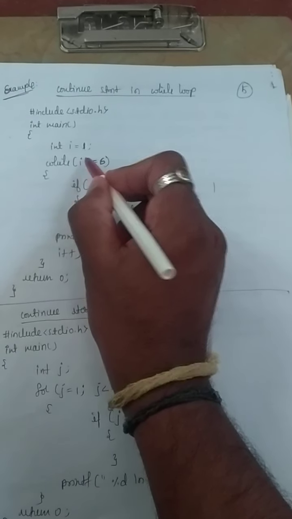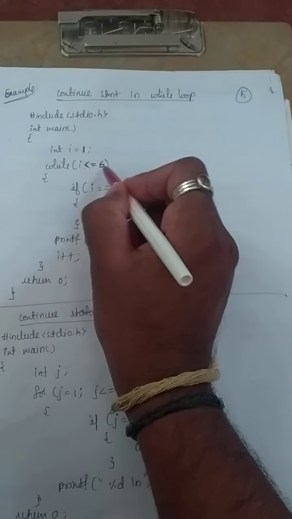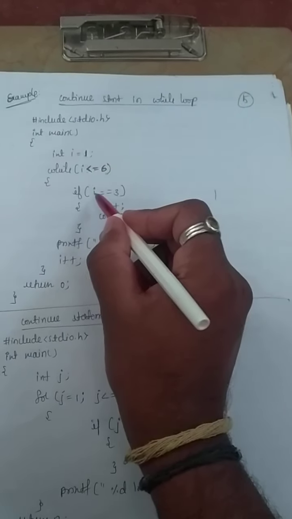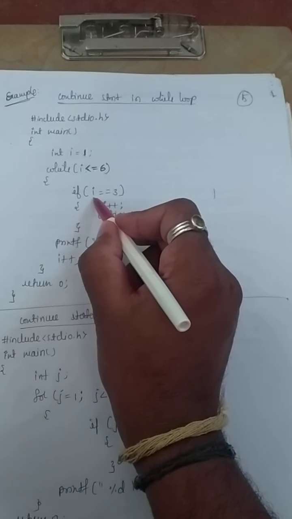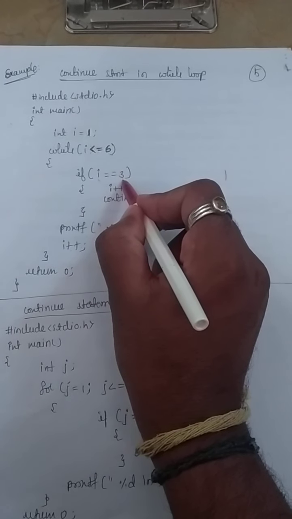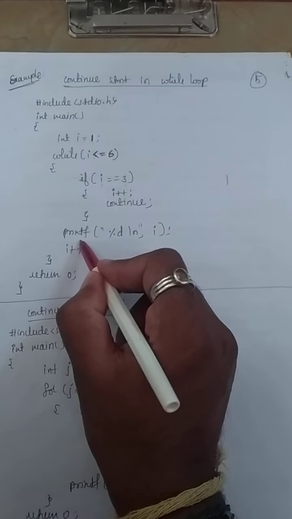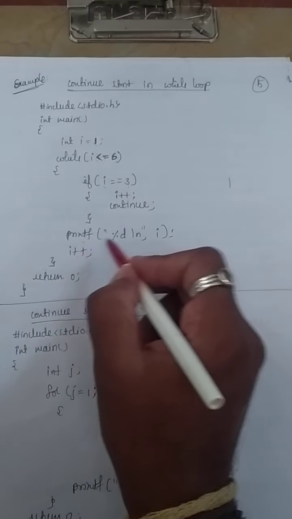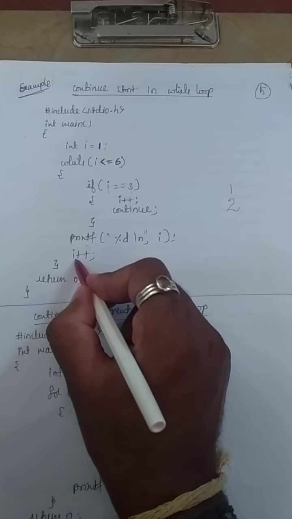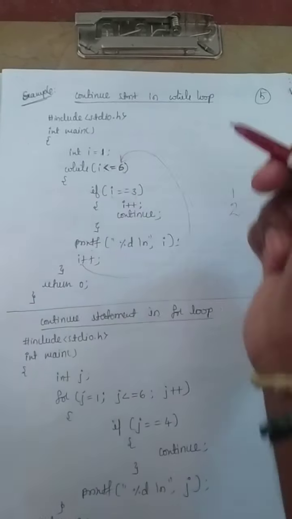Now the updated value of I will be checked here. Now the I value is 2. Substitute here. Whether 2 is less than or equal to 6? Yes. Condition true. When this condition is true, it jumps to the if condition. In the if condition, the I value will be checked here. What is that? 2. Whether 2 is equivalent to 3? False. When this is false, control jumps to the printf statement. Here the printf statement will execute. It means it prints the value 2 and increments the I value by 1, so it becomes 3 now. After that, control will go back to the while loop only.